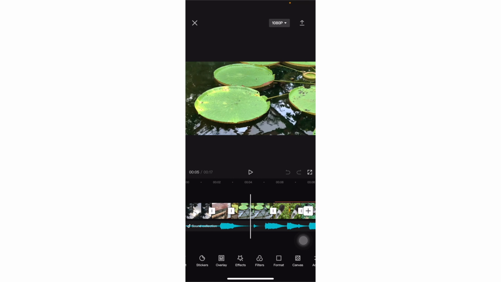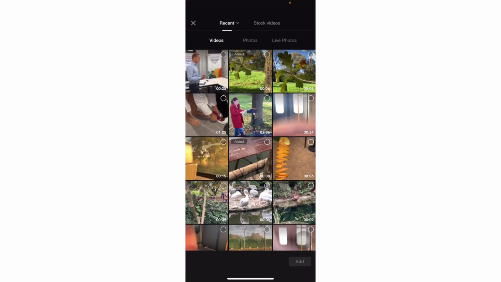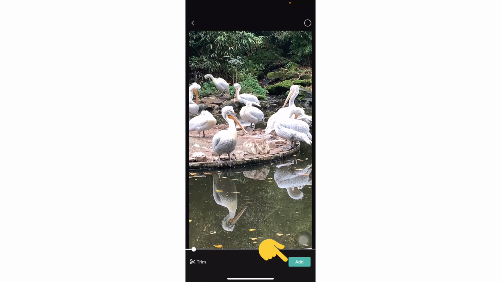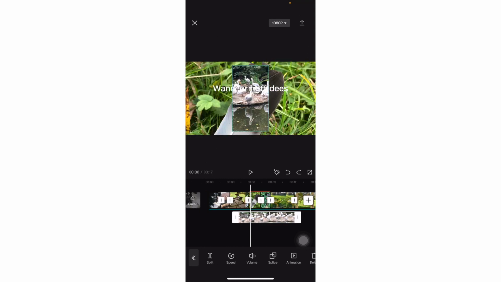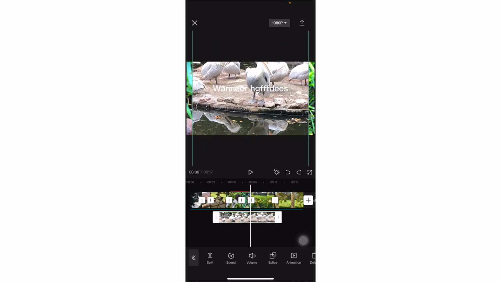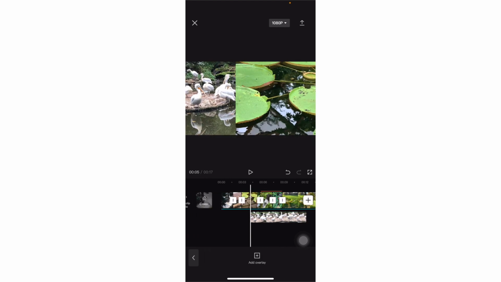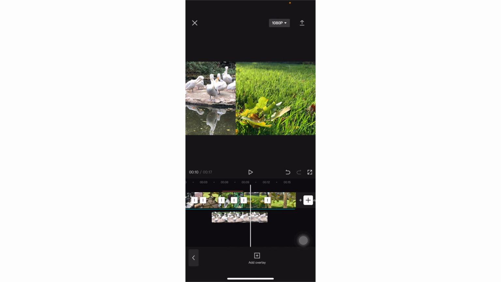But there's one other thing I want to show you that might make your video even nicer, and that is overlay. I can add another layer so we can see more pictures at the same time in one shot. If I press plus, add overlay, it asks what do you want to use as an overlay? And I'm choosing these really big birds, and this extra picture is added to the image. So I could choose to zoom in and make it fill the screen, but I can also choose to have it on the side. And now we have two different images we see at the same time.